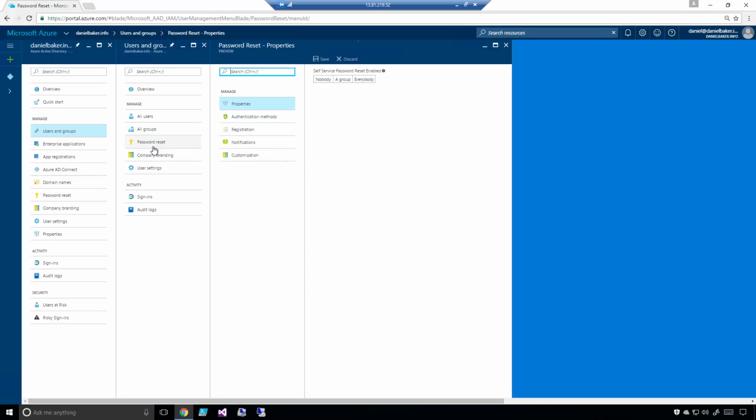From here, I can set up password reset. So I can go in and choose my self-service password reset if it's enabled. It's enabled for nobody. I could do it for a particular group, or I could do it for everybody. I can choose my authentication methods and the number of methods required to reset. At the moment, it's defaulted to email and mobile phone, but you can see I could put in office phone